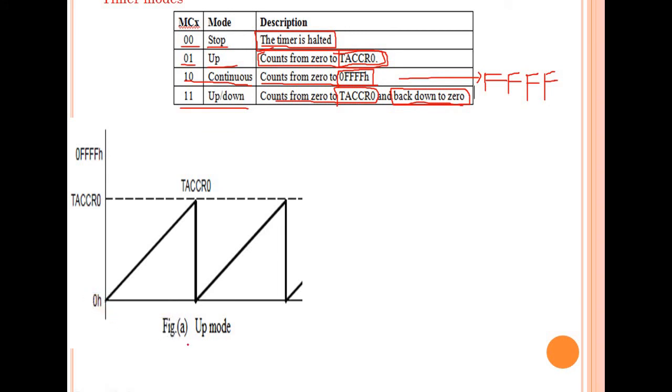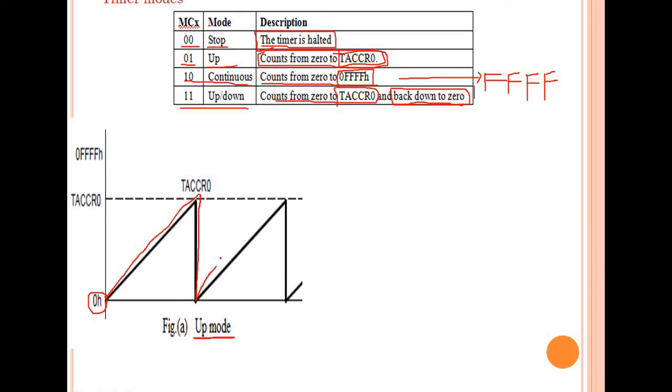The first one, coming to up mode, see here, your timer is counting from 0 to the value present in TACCR0. When it reaches the value present in TACCR0, the count will again become 0.